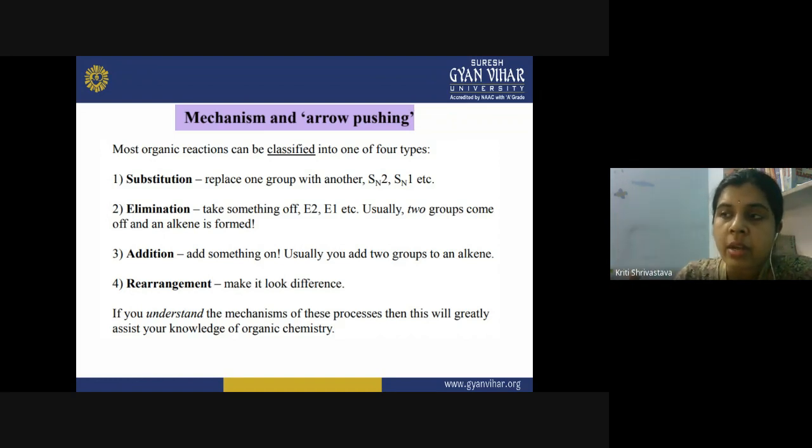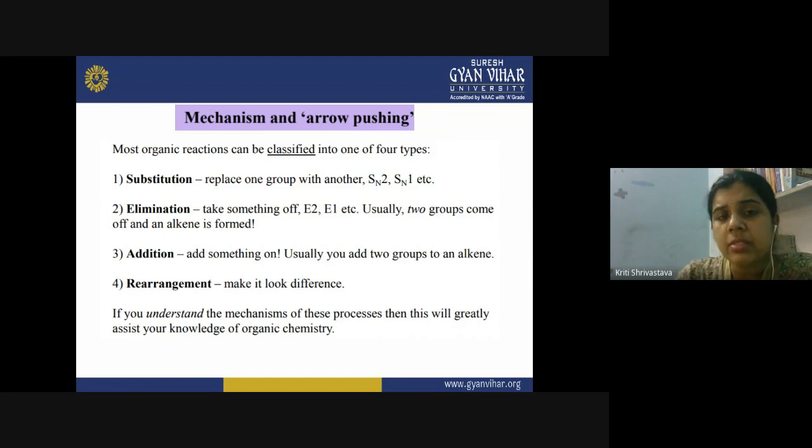So when the electrophilic agent is attacking a molecule and replacing or substituting another group, you call it electrophilic substitution. So substitution reactions can be nucleophilic or electrophilic, and that depends upon the type of the attacking reagent. Now you can further divide them into many other categories, and specifically for the nucleophilic substitution reaction, you see what the order of the reaction is. If the order of the reaction is 1, we call it SN1, and when the order of the reaction is 2, we call it SN2. These two are very important reaction mechanisms in organic chemistry, and we will discuss them in detail.